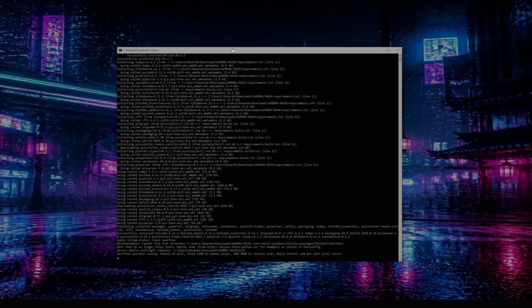Now, as we create this file right here, I am already working on changes to Aurora that are not going to show in this particular video.